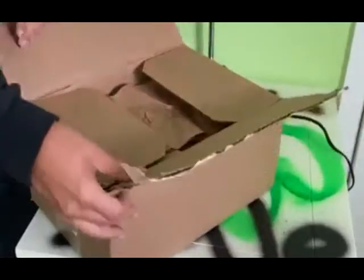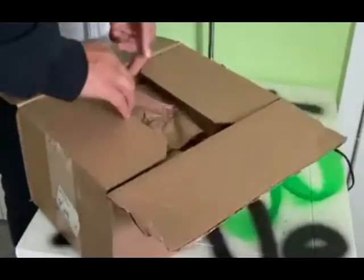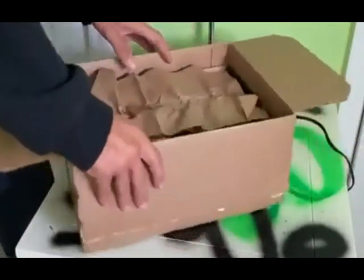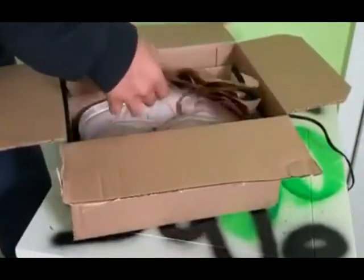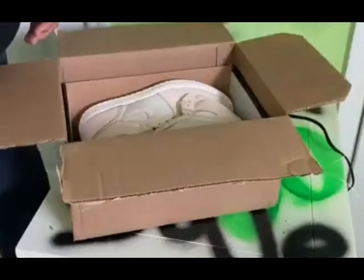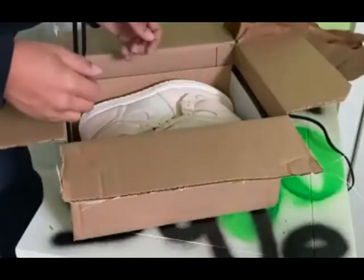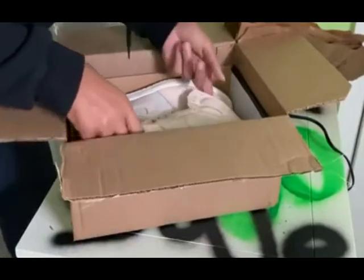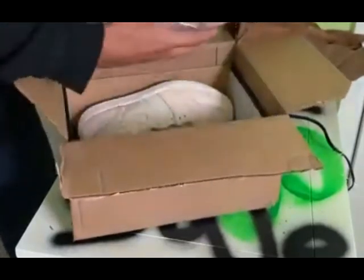But I wanted to get my hands on a pair of high top Jordan 1s, and this one, I won't lie to you, the main thing that drew me to it was first and foremost the colorway and the styling of it, but also the pricing. The price that I found was really good. I got it off of the GOAT app,